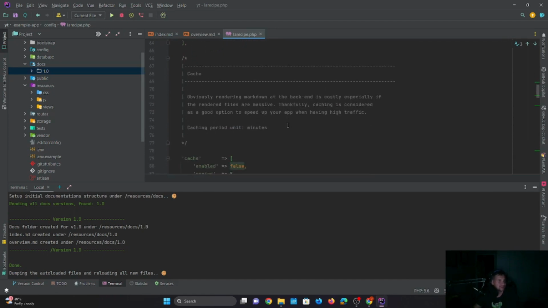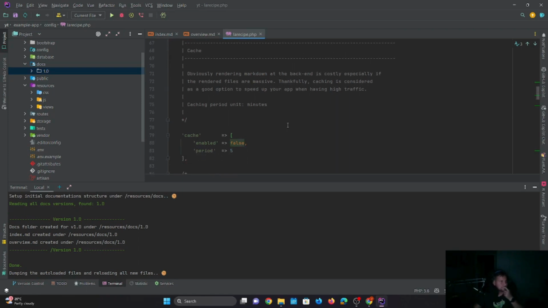Cache. Okay. Obviously, rendering Markdown at the back end is costly, especially if the rendered files are massive. Thankfully, caching is considered a good option to speed up your app when having high traffic. Caching period unit: minutes. Okay,